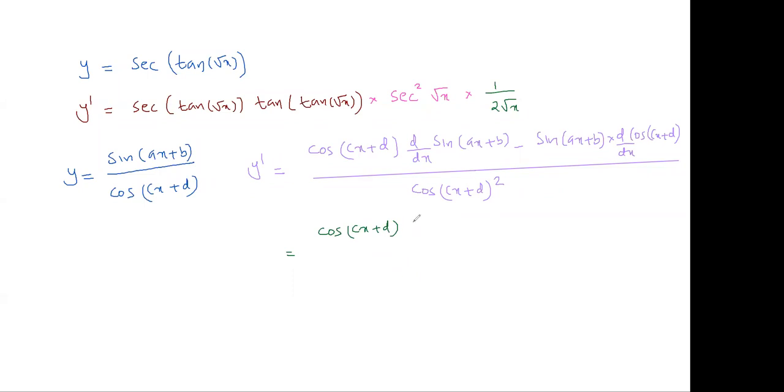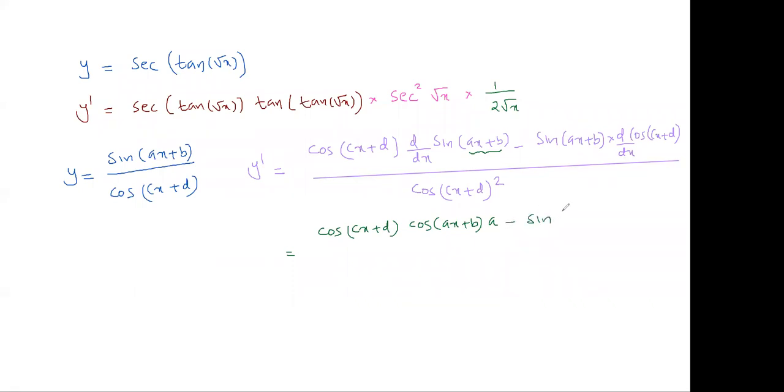So derivative of sin x is cos x, so it is cos ax plus b. हमने एक ही वेरिएबल जैसे कंसिडर किया था ax plus b को ना, उसका डेरिवेटिव से मल्टीप्लाई करना, ax plus b का डेरिवेटिव it is a, because derivative of ax plus derivative of b, ax का डेरिवेटिव a into derivative of x, so it is a into 1, so it is a, plus derivative of b is 0, so it is cos ax plus b into a minus